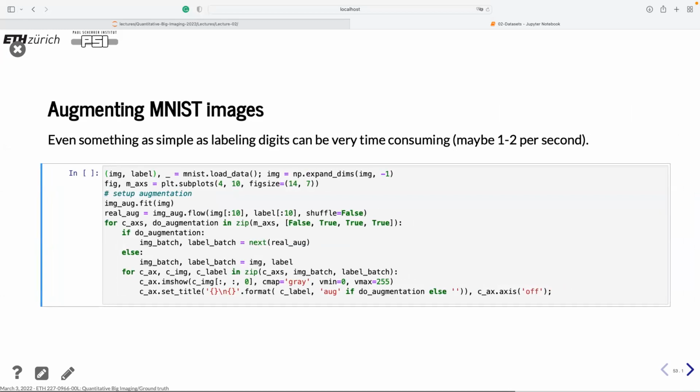And then we can look at what it looks like on the MNIST images. This is quite a lot of code, but what is relevant is actually this line here. First you load the data, and then you have this line here where it says fit. So it takes the image data into the model. And then afterwards, you call this next function, and this next function is actually producing the augmentation of the data set line-wise. And then it shows the result. And if I execute this one,